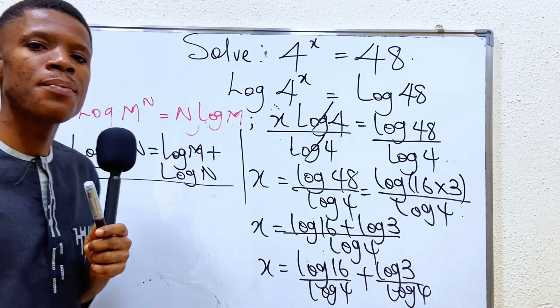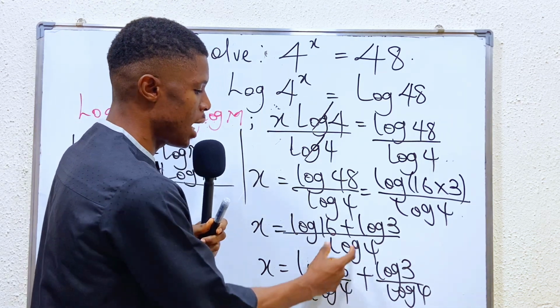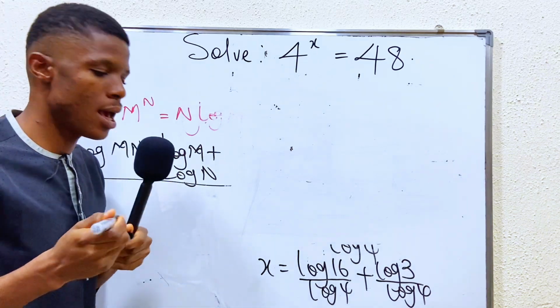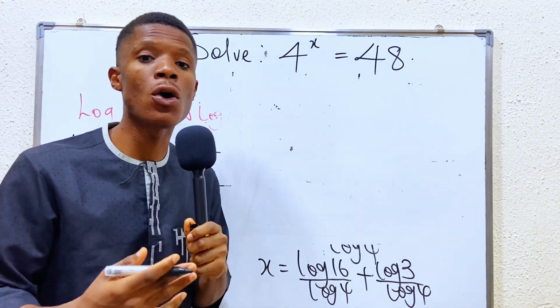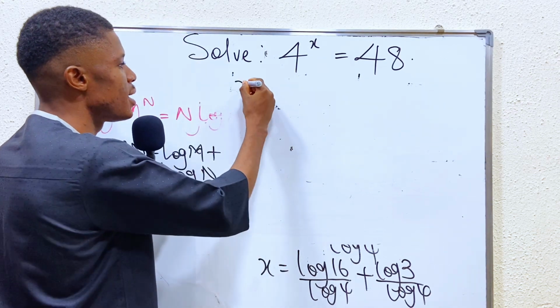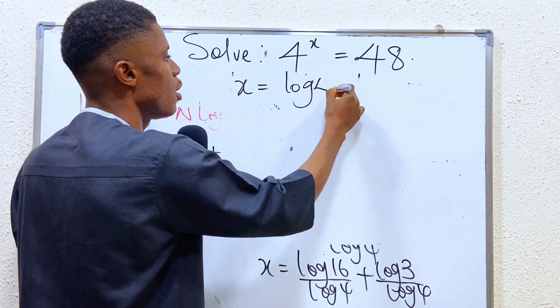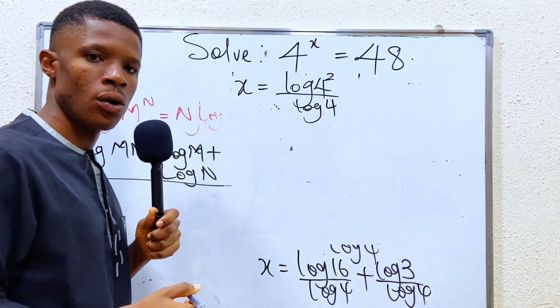The reason behind this is that once you are adding, they have a common denominator. If you add it, nothing has actually changed. So from here, how can we write 16? 16 in terms of 4 can be 4 squared, right? So we say that x is equal to log 4 squared over log 4,